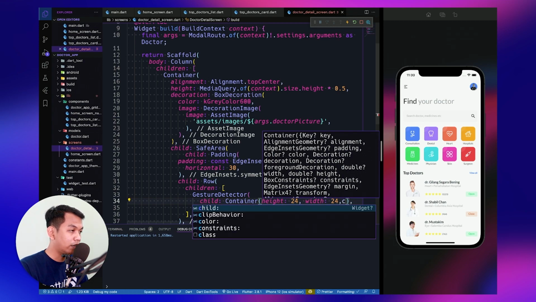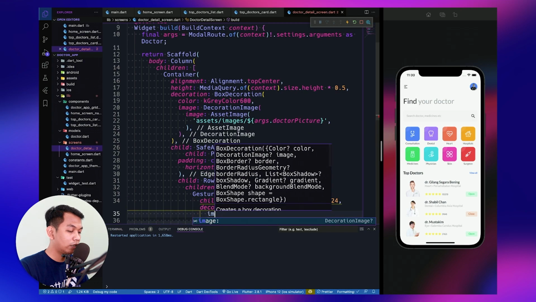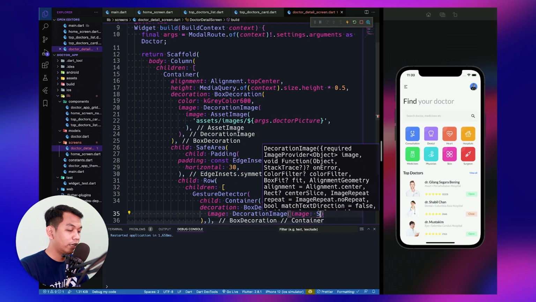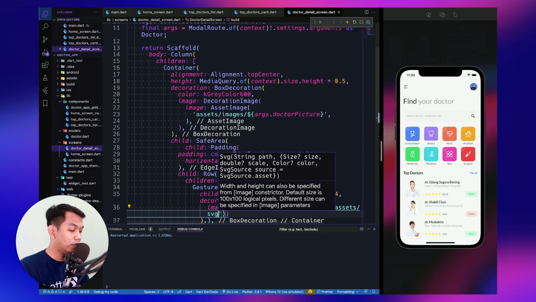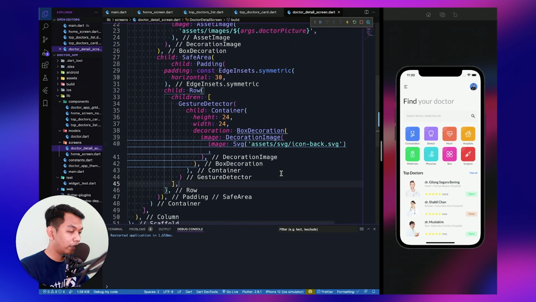And for the decoration we say BoxDecoration, and BoxDecoration has the property image, and we say DecorationImage, and we say SVG, and we call assets/svg/icon_back.svg, give a comma, like this.